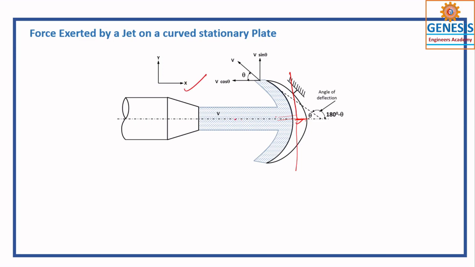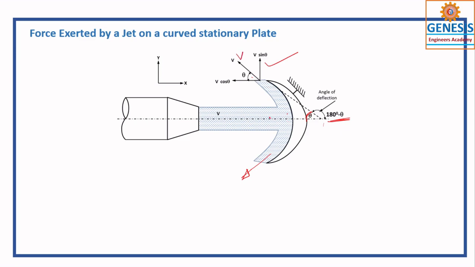This is the direction I have to take, that is the jet, and after impinging it moves into two parts after deflection. Deflection should always be considered from outside. So this is the jet and it is moving this way. This can be taken as the angle of deflection, and this is the angle of the plate. So 180 minus theta is the angle of deflection. Since it is symmetrical, you can take either part, but for simplicity I have taken this upper part.